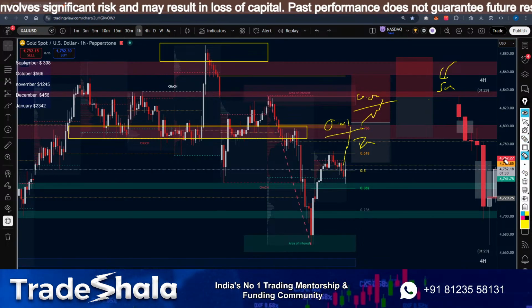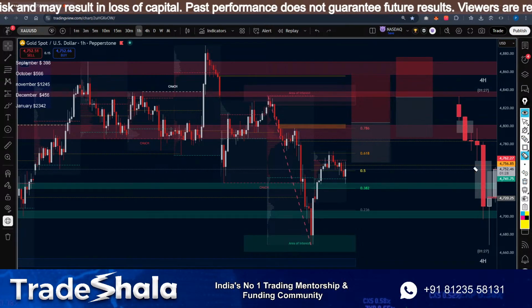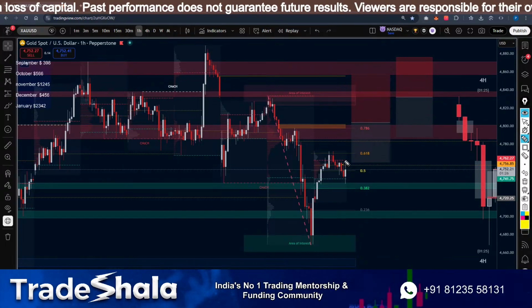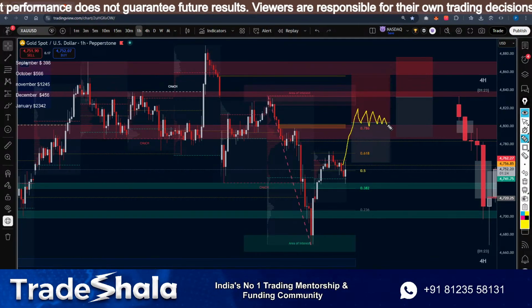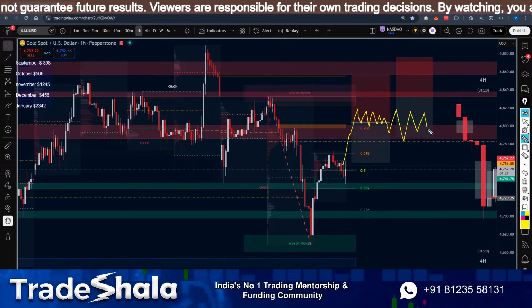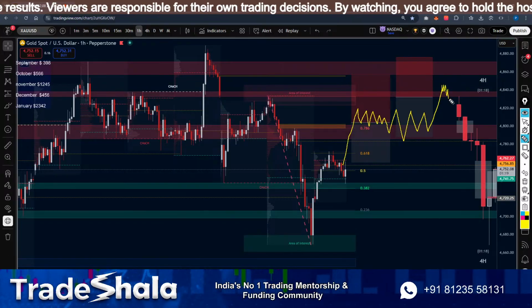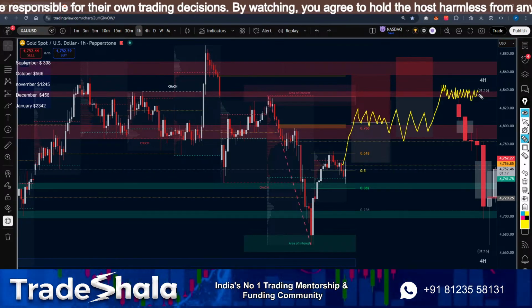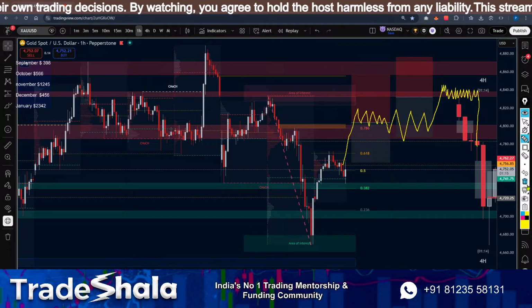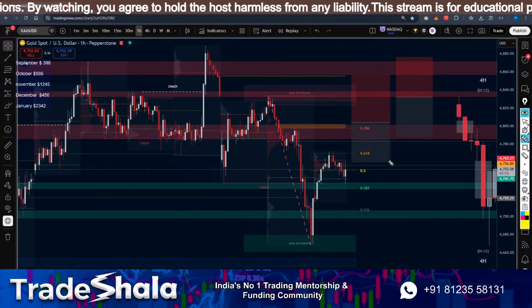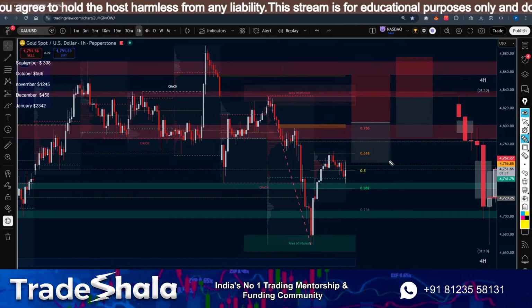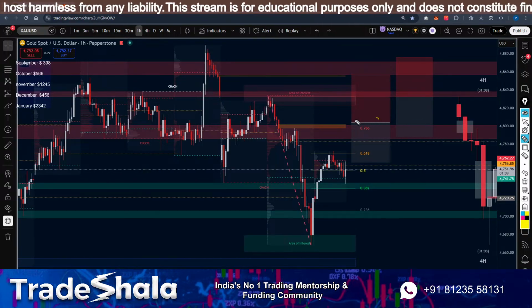Why am I flipping it like that? Because there is a higher probability that this can take time. This can take time with highs and lows accumulation, but when it comes over here, there is a higher probability that a lot of sellers will enter. So I'm just trading based on trading and pressures and all that. If it ever comes till here, we will sell.